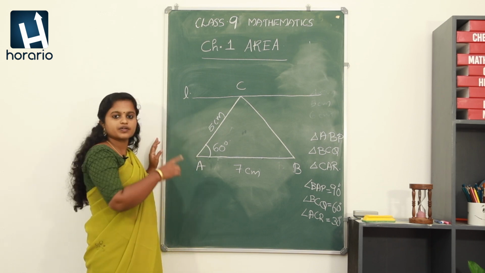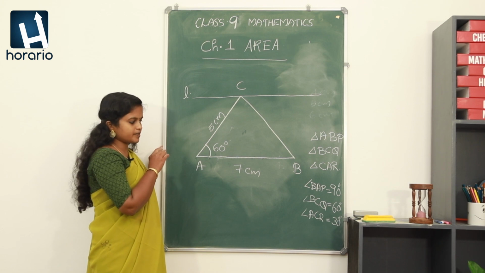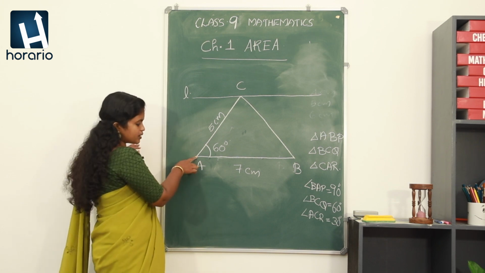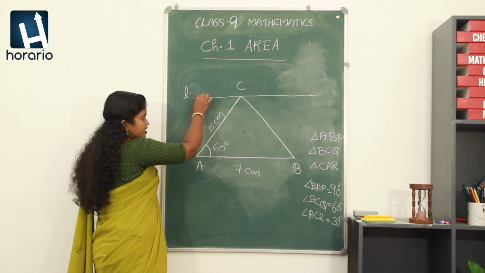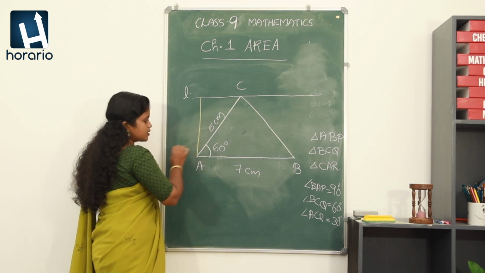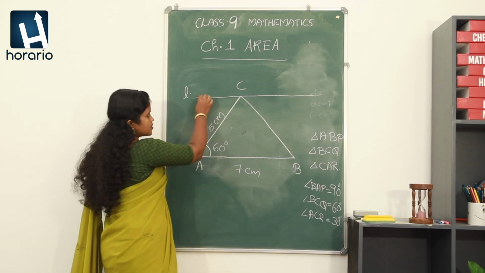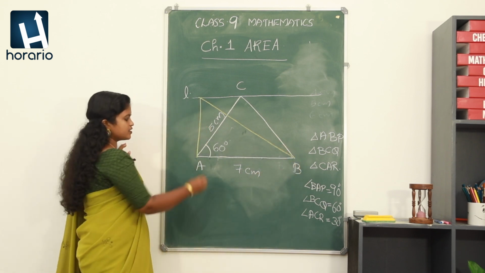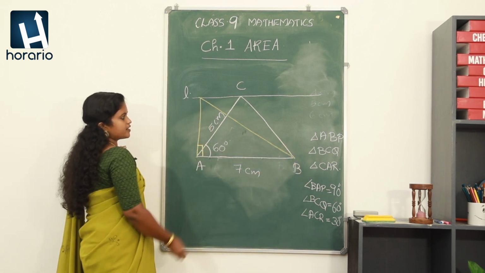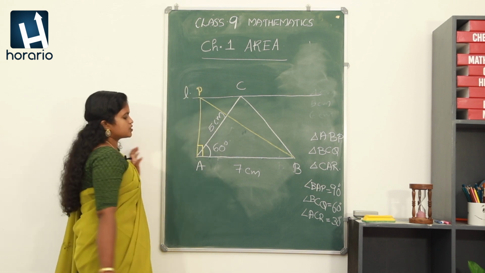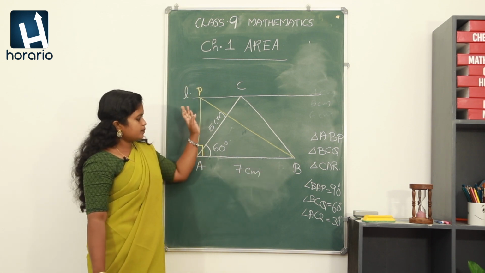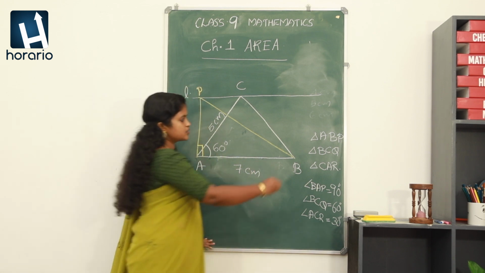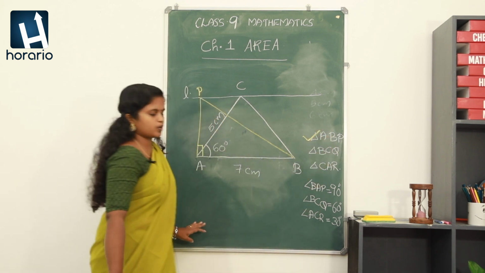So, what we have to do? We will be measuring a 90 degree from the point A. Okay. So, we will be getting a line like this, a perpendicular line, and just we need to complete this triangle, right? This triangle can be completed. So, this will be equal to 90 degree and this is the point P. So, we got the triangle APB, right? So, we have done the first problem.